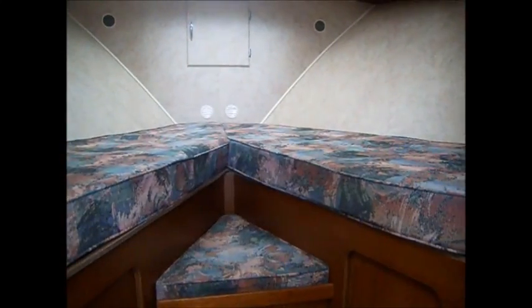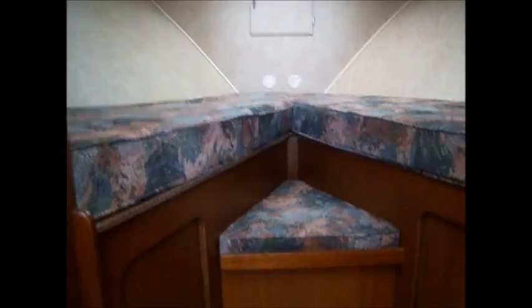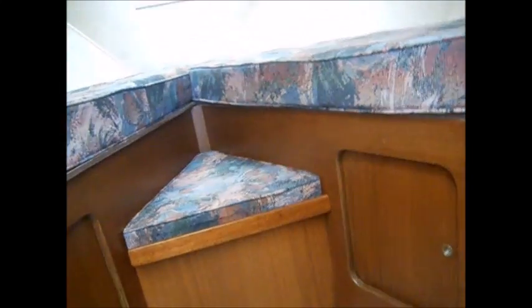Okay, so once again, a view of the V-berth from the point of view of sitting down on the steps. You can see the lower portion of it. The access doors to the storage compartments have been closed. Of course, they're all refinished and everything. Everything's fine there, but that's how it would look as you would travel. And then the door latches from behind, in this case, but